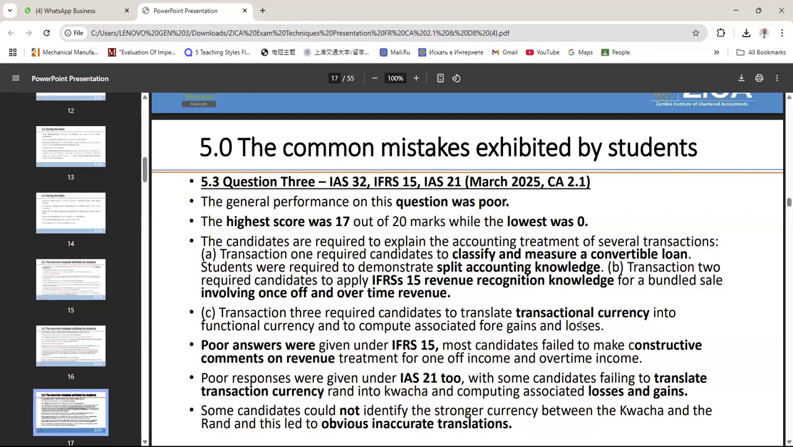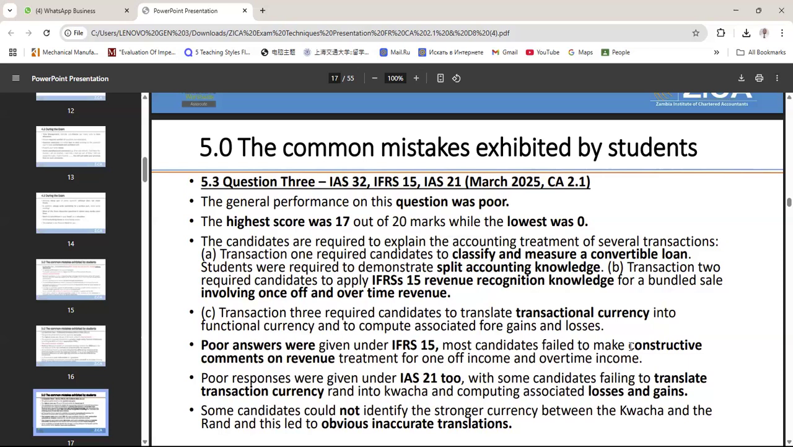The next issue was on IAS 21, where students failed to translate. So they are saying there was a poor response in terms of IAS 21. Students failed to translate. Let me comment briefly on IAS 21. If it will come, it will be at the individual stage. What are the 3 areas they may test you? You have to know